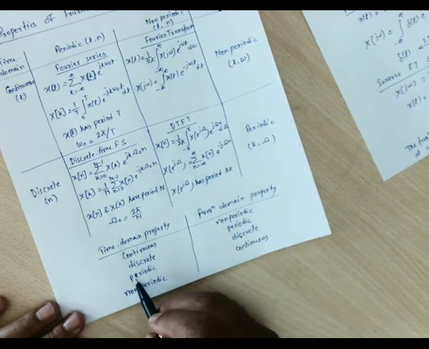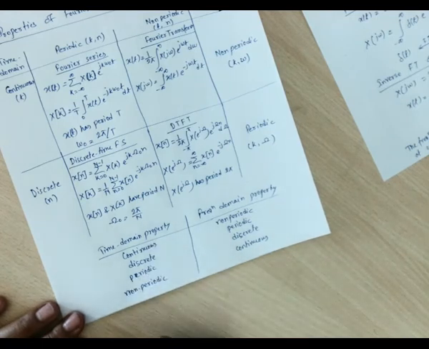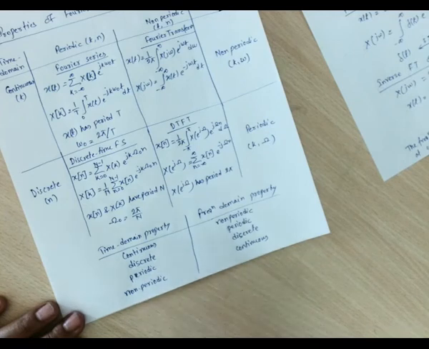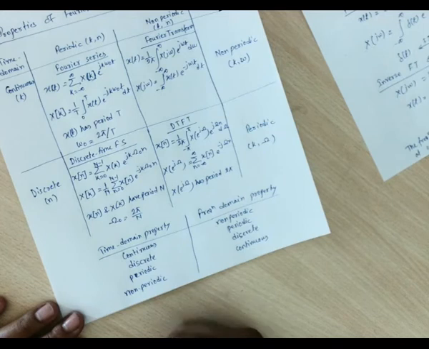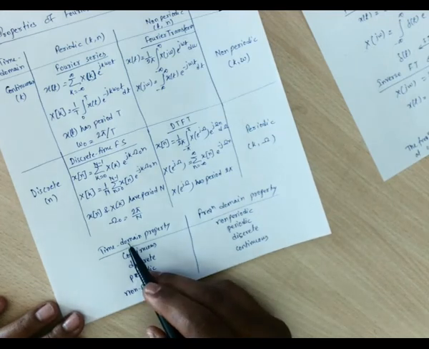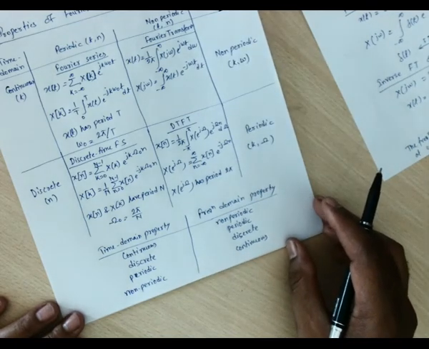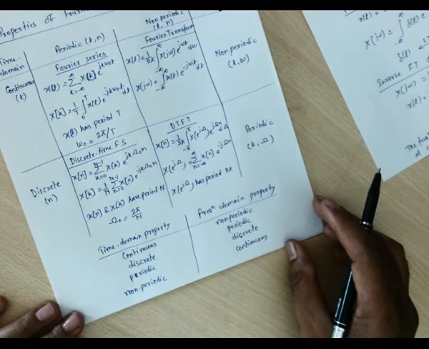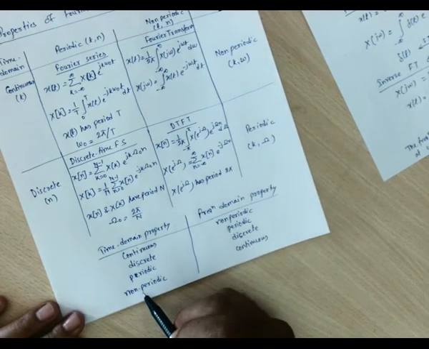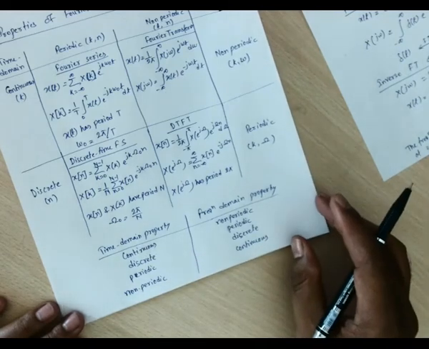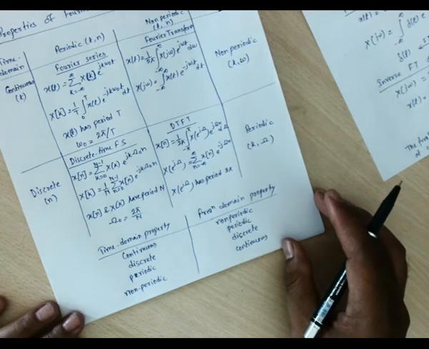Now a signal which is periodic in time domain, periodic means it may be continuous time, it may be discrete time. So a signal which is periodic will always be discrete in the frequency domain. So this periodic signal may be a continuous time signal, may be a discrete time signal, but that will always be discrete in the frequency domain. Next, a non-periodic signal in time domain will always be a continuous signal in the frequency domain. Clear up to this?